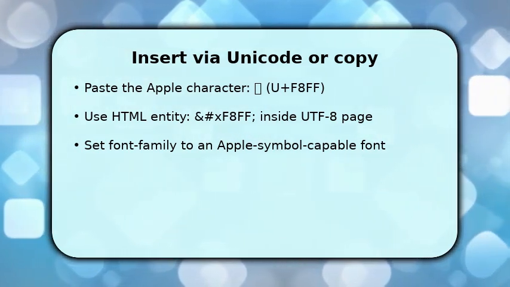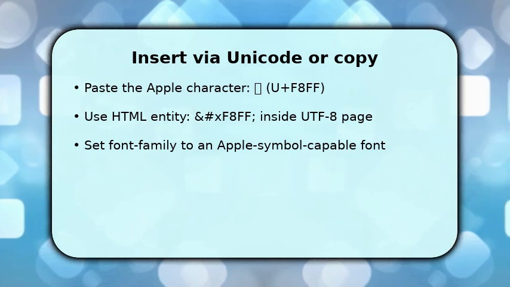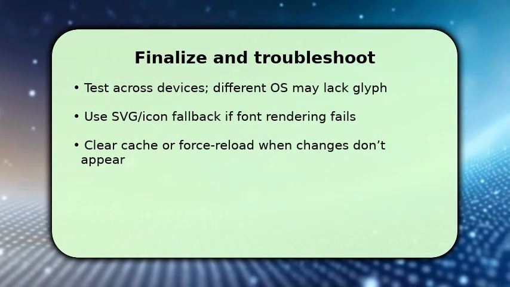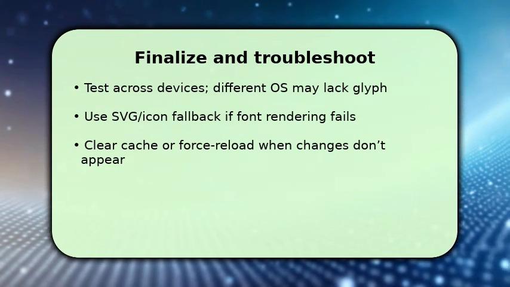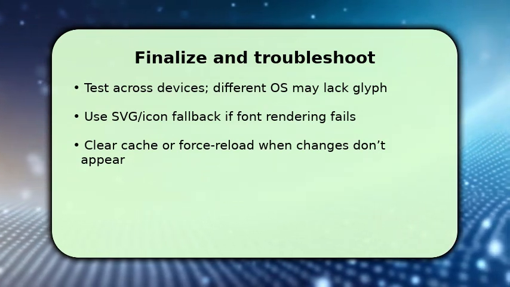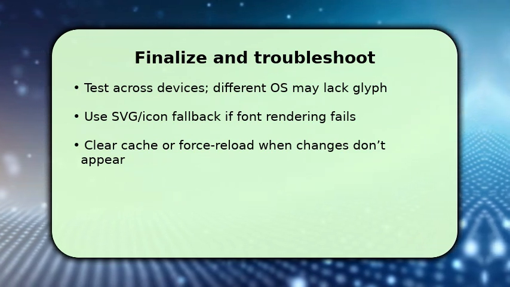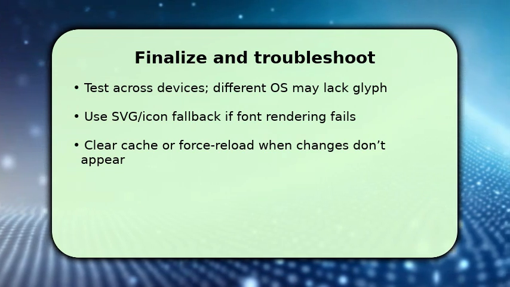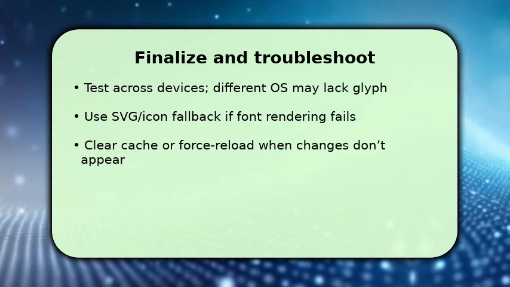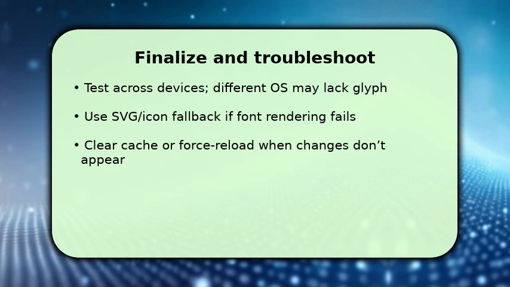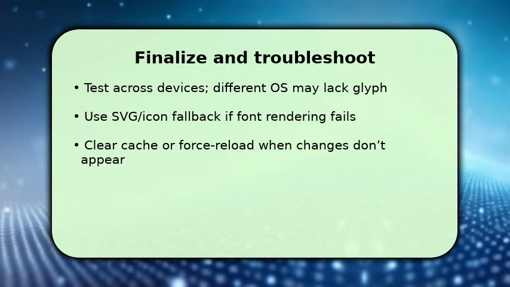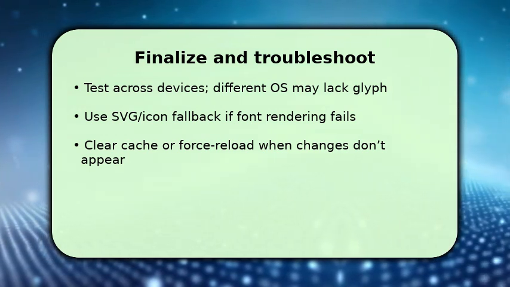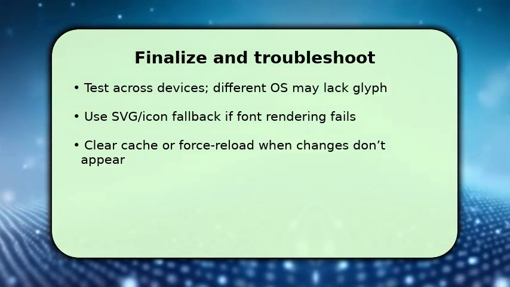Finish by testing the page in Firefox on other devices and platforms. The Apple glyph lives in a private use area, so it may not exist everywhere. If the symbol fails to render, switch to an SVG or PNG fallback icon for consistent appearance. Make sure to clear Firefox cache or press Shift Reload to see updated fonts and files. If you still see a box, check font family and encoding. Those two settings nearly